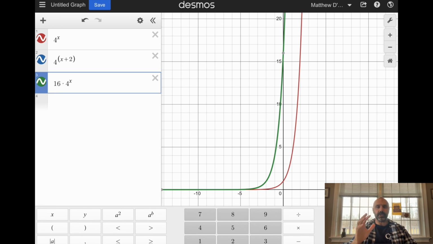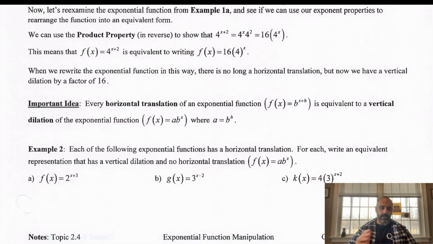So because of the shape of these exponential functions, horizontal transformations have equivalent vertical transformations. We see that just in the shape, but we can also prove it mathematically, like the way that we were just doing. And that's all expressed in this idea, right? Every horizontal translation of an exponential function like this is equivalent to a vertical dilation of the exponential function that